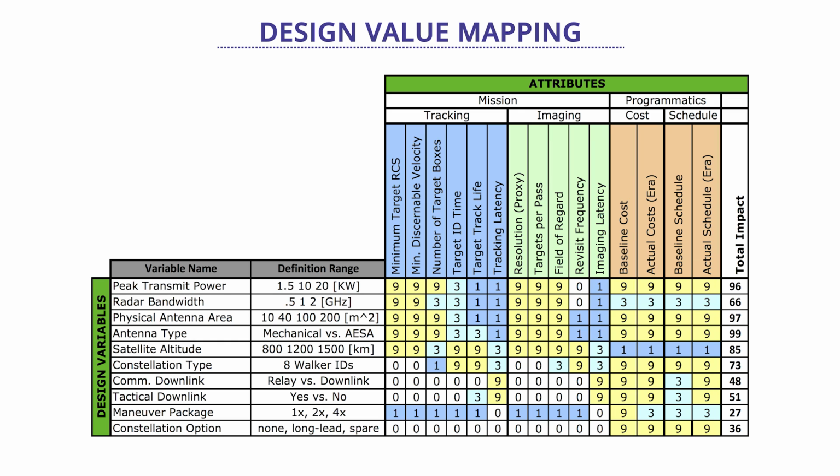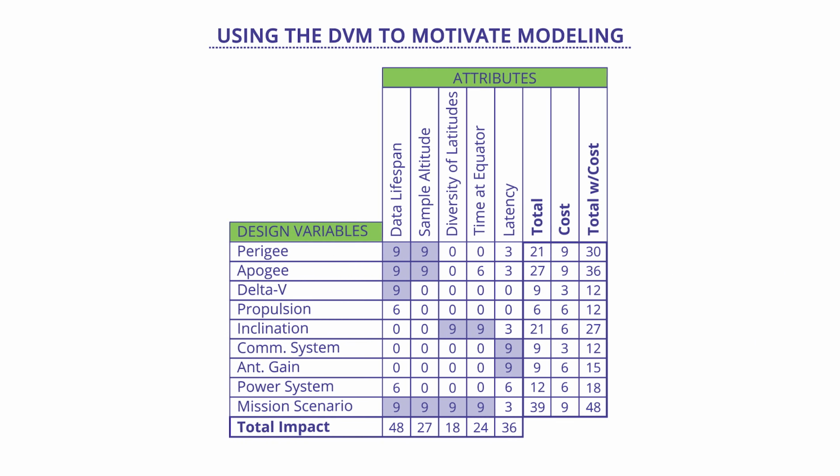For example, entries that have a 9 are those in which we expect there to be a strong impact between the design variables and the attributes. This means there are likely relationships that need to be modeled in our evaluative models. In this particular example for a satellite system, we can see 4 clusters of strong relationships. These represent orbital mechanics, both easy and hard, communication systems design, and the impact of the number of satellites on